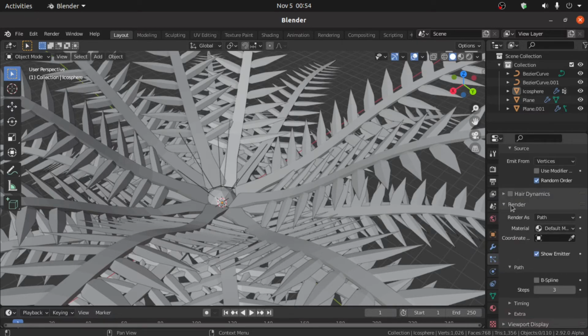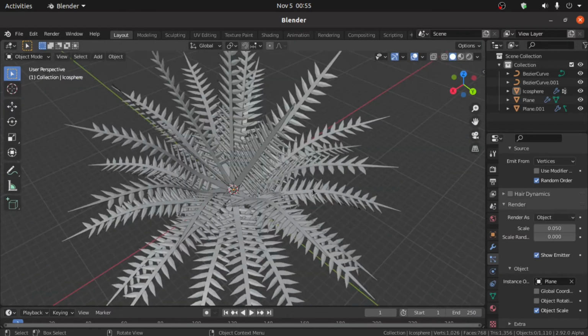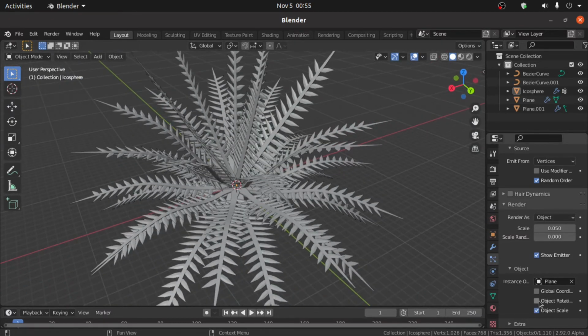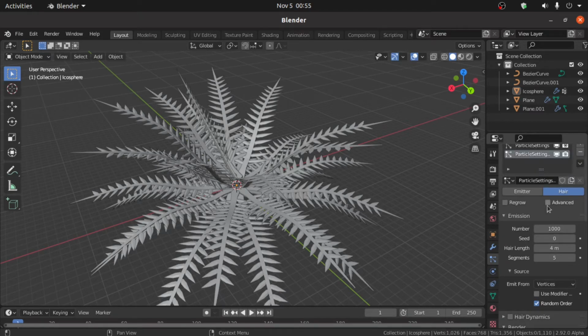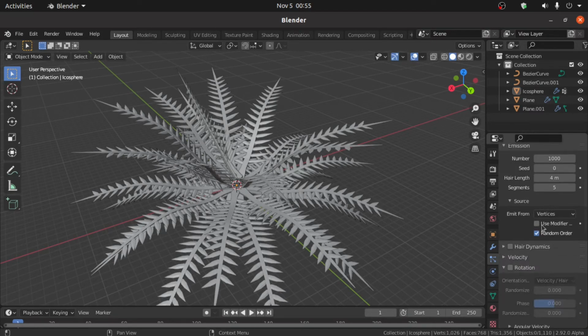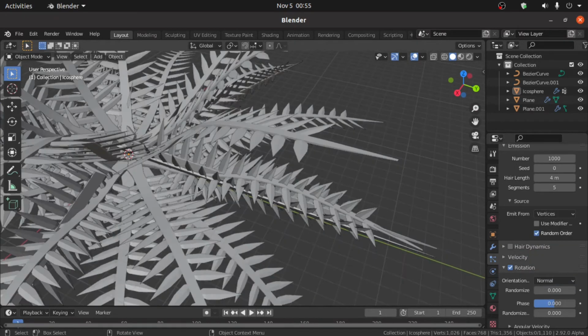Now also expand this render option, and under this render edge, we have to select here object, and under this object we have to select plane 1. Turn on this object rotation. Also enable this advanced option, enable this rotation option, and under this orientation we have to select normal.